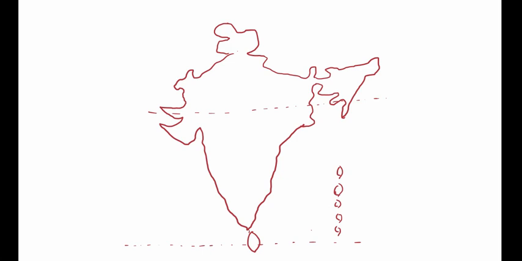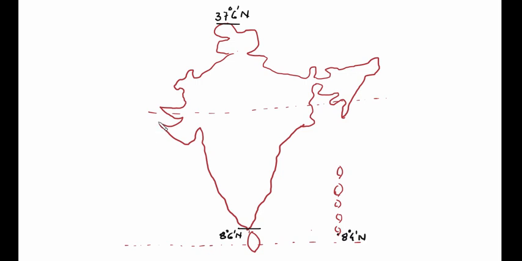This is a map of India. It is not exact to the scale. So the latitudinal extent of India is 8 degree 6 minute north to 37 degree 6 minute north. Okay, actually it is 8 degree 4 minute north from the southernmost tip of India, that is on Nicobar Island.